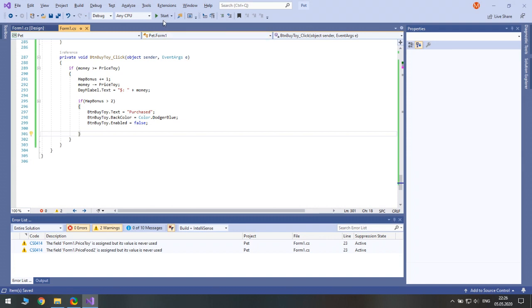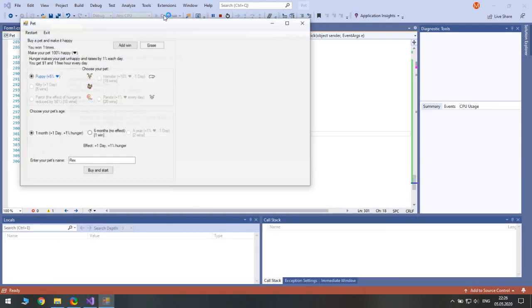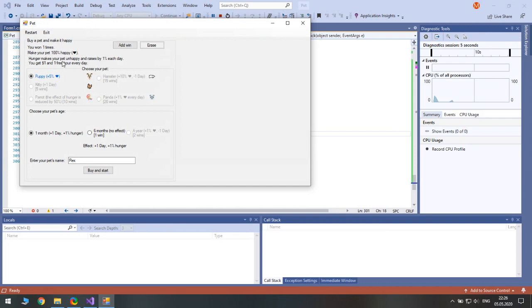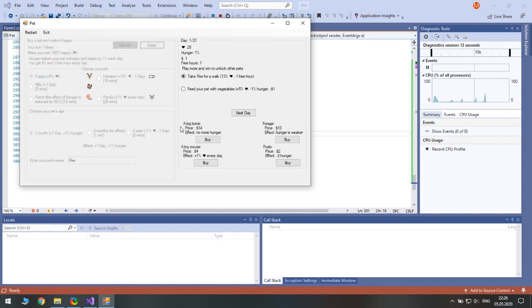So if we do the very same actions, we should get a bit bigger, well, not a bit, if we have 20 days. Okay, so let's start. Take him for a walk. We need, oh, it costs $4.